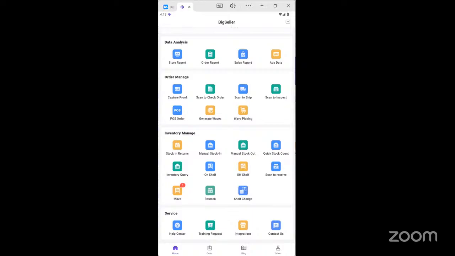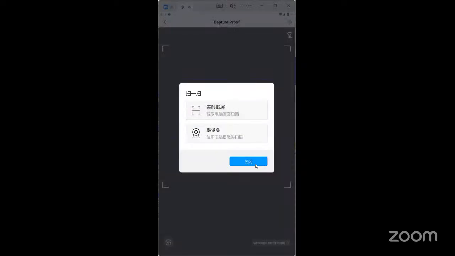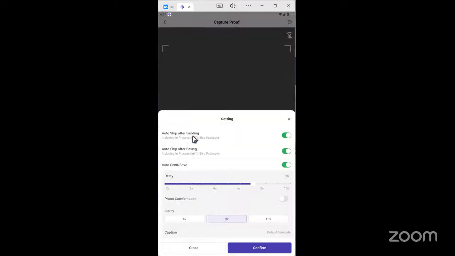Okay. Like you click here, as you can see there will be a setting here, like this one. Click here to set that. You can choose auto ship after setting or after saving according to your needs. And the auto send and the save. The delete here, you can choose the delete. It means that when you